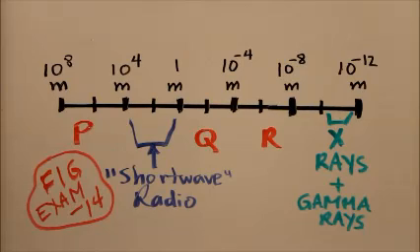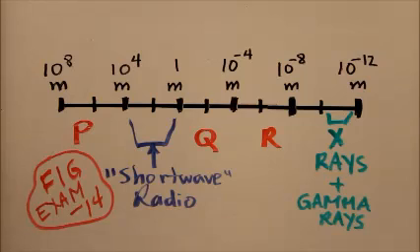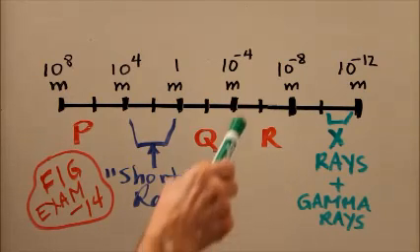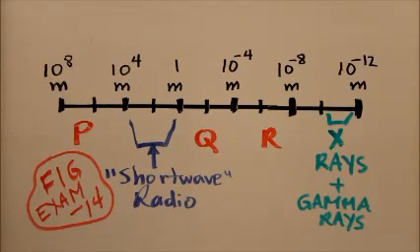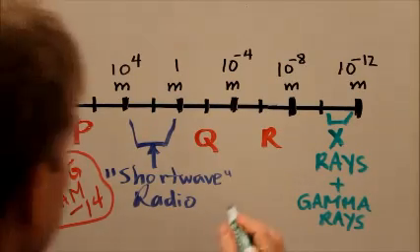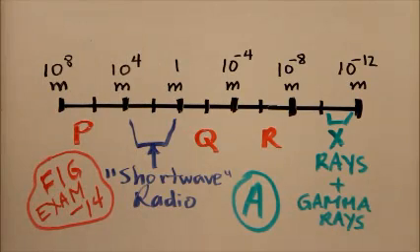But this question is concerned with this point, or this region right here. Whereabouts is that? Well, it's in the vicinity of 10 to the minus 6th meters. And that happens to be the visible light range, which is choice A. Now, visible light